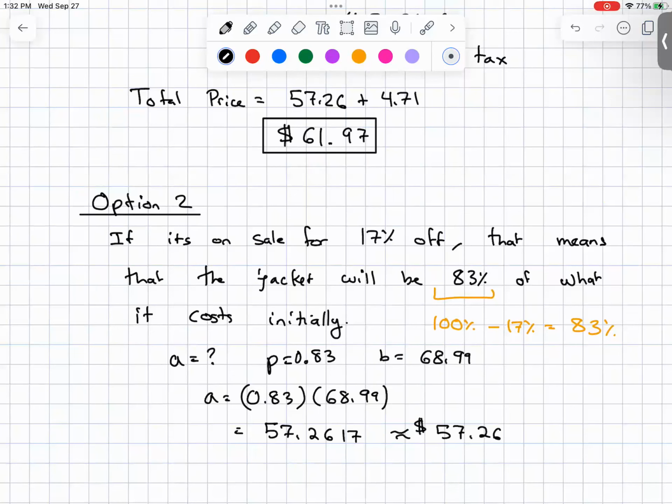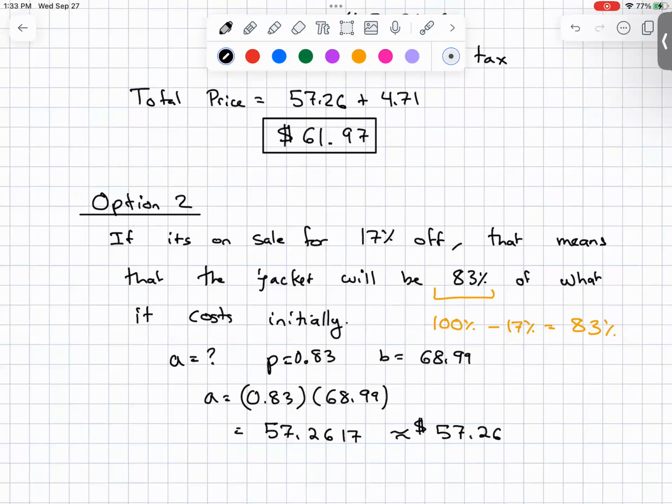Mathematically, we can show the reason why this works, but that's what you can do. Instead of having to do a subtraction of the original price minus the sale amount, you can get how much it's going to be off, and then take that off from the original price at the beginning. If it's 20% off, it's 80% of what it originally was. If it's 40% off, it's 60% of what it originally was. You still have to do this in 2 steps,